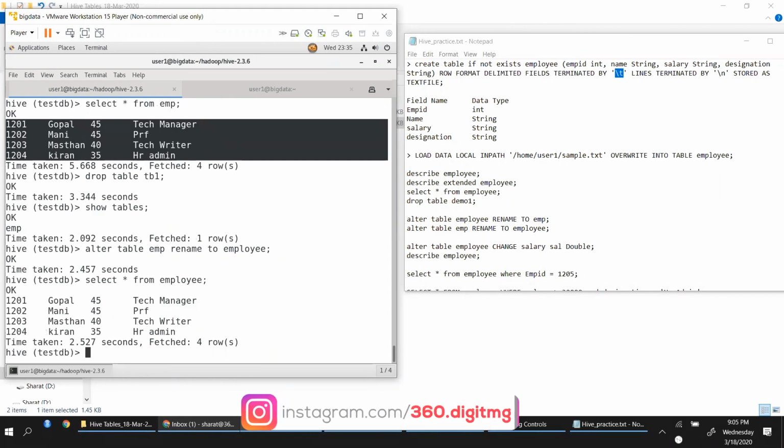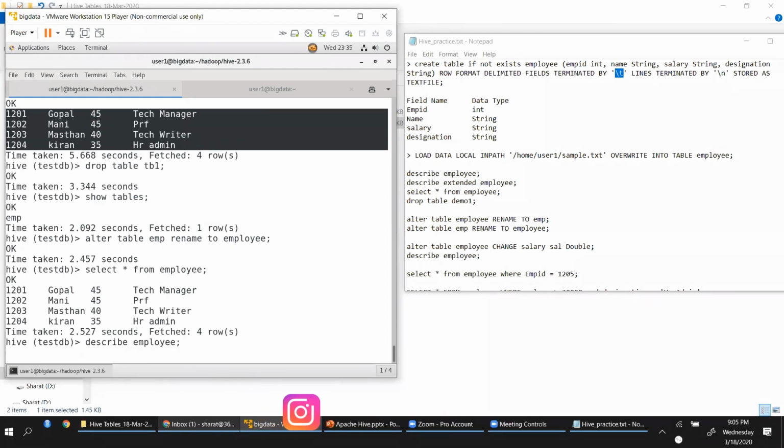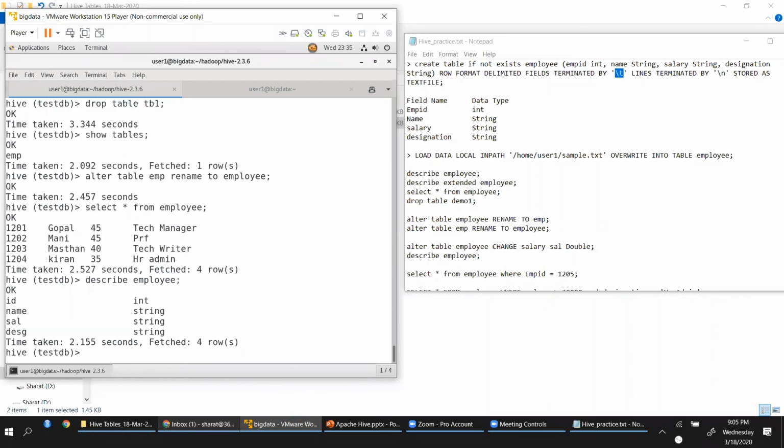If you now look at describe employee, let me show you one thing. The salary is basically defined as a string, right? I'm trying to change that data type.